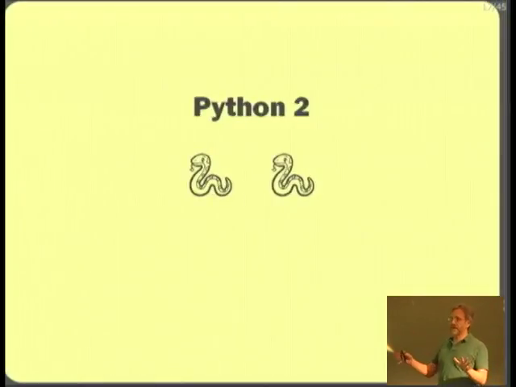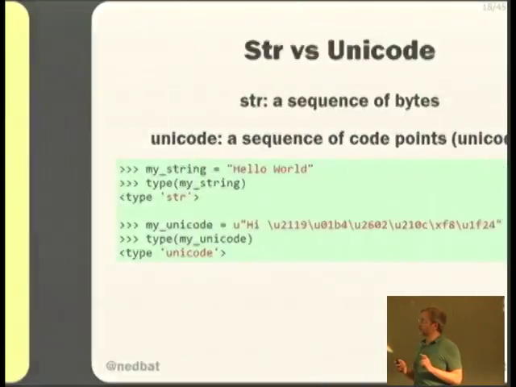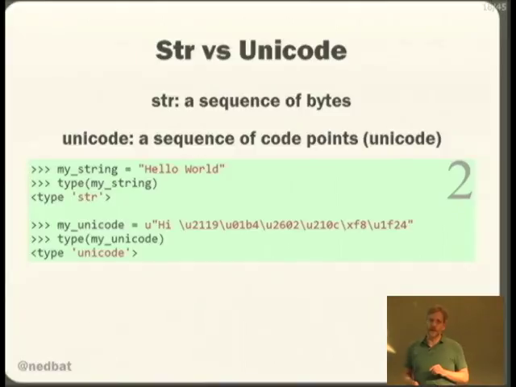Okay, that's the fundamentals of Unicode. There's a lot of esoteric stuff that I'm not going into because I know you don't care. So let's talk about Python 2. We're going to cover Python 2 and Python 3, and they're radically different, as you'll see. In the code examples, you'll see that there is a big 2 for the Python 2 code, and there'll be a big 3 for the Python 3 code.